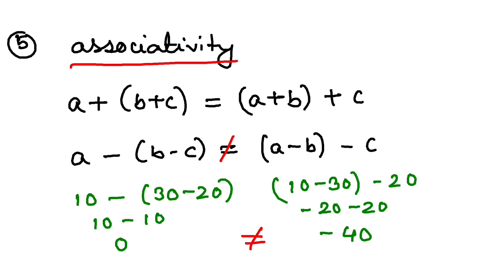So what you have to understand is that subtraction does not follow the commutative rule and associativity rule. Addition follows commutative and associative rule. Okay, and in case of addition, 0 is the identity, additive identity, but in case of subtraction, 0 is the right identity, not the left identity. All right, so these are the properties of subtraction. Next video we will learn the properties of multiplication of integers.